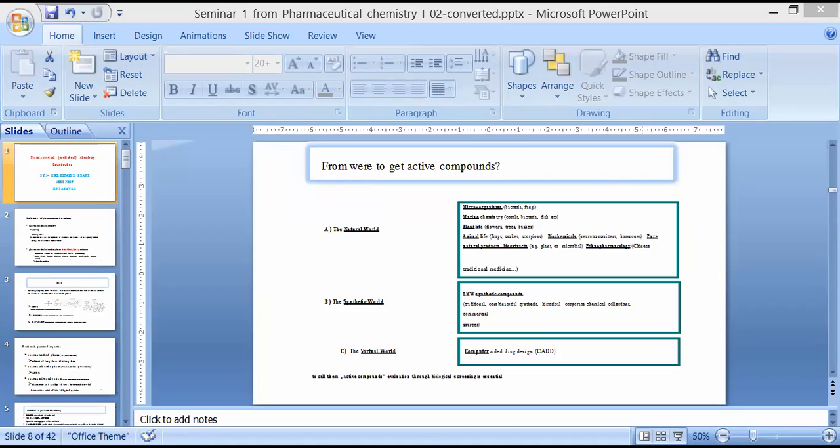Now, the next step is biological or biophysical assays. We have to check whether the synthesized compound is biologically active or not, whether it is going to treat the particular disease or not, or whether it is going to have some toxicological issues with the organisms. That we have to check in this step, that is biological or biophysical assays.